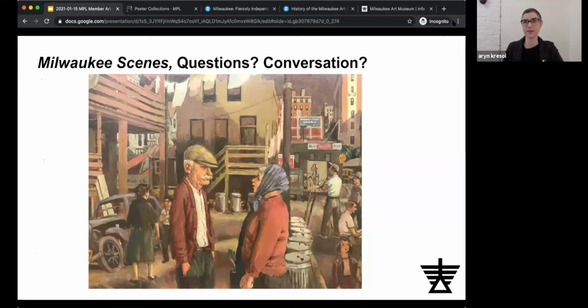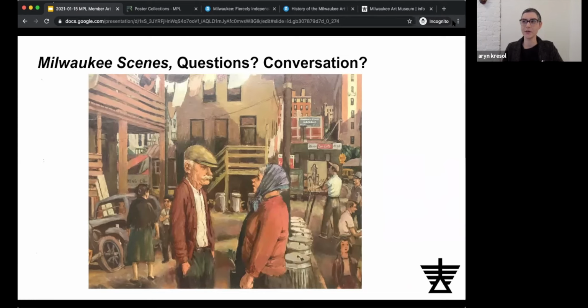So looking at particularly Wisconsin painters and sculptors, and using the resources and the archive that we have available at the museum to start to dig in and pull out artists that I wasn't aware of, works that I wasn't. This is one of my favorites that I have here, the Garrett Sinclair. And really being able, I love the way that you put it, of being able to encounter something unexpected.